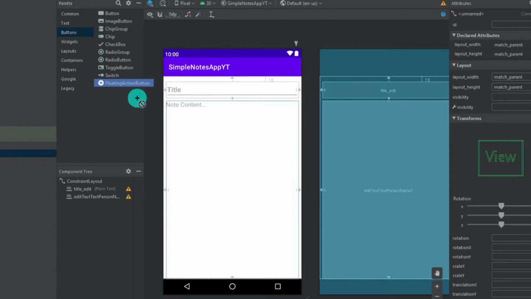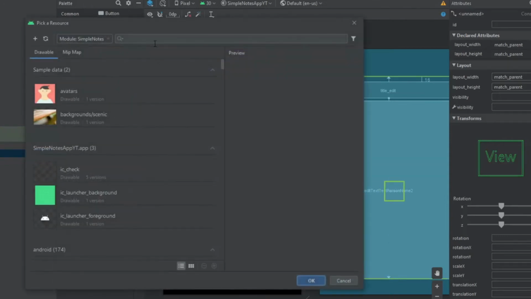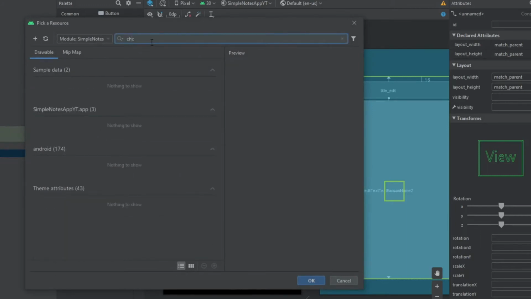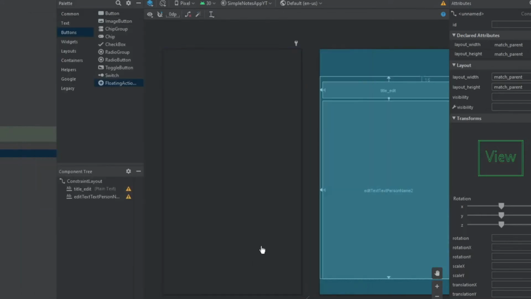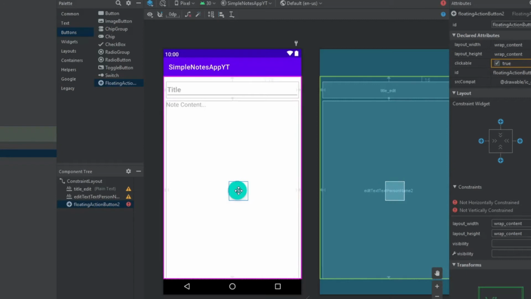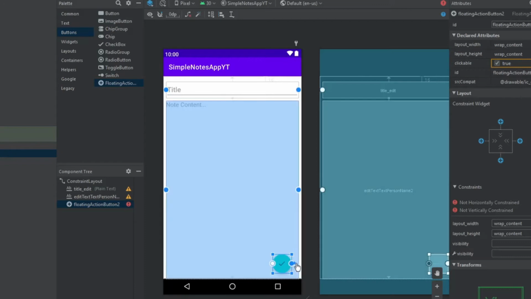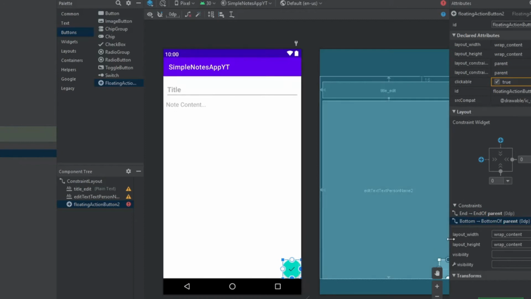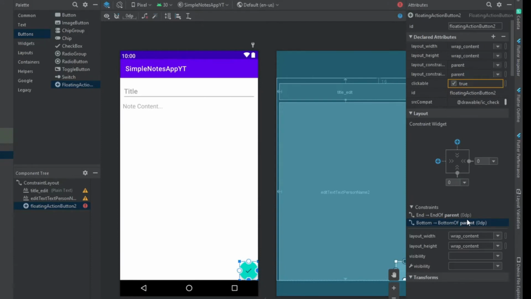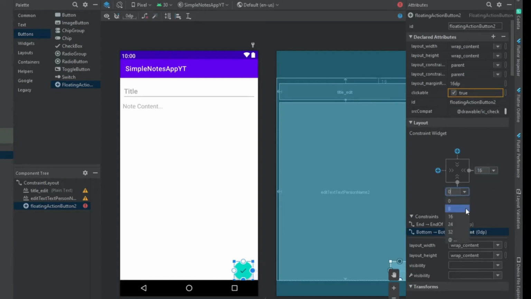So now again drop this floating action button and search for IC check. So we have that here. Click OK, and you can see it's here. So just drag it down here and just set the constraints, and make sure it is end of parent and bottom of parent. Don't connect the constraints to this edit text, or it will be very messy. So as usual, the margins will be 16 dp,